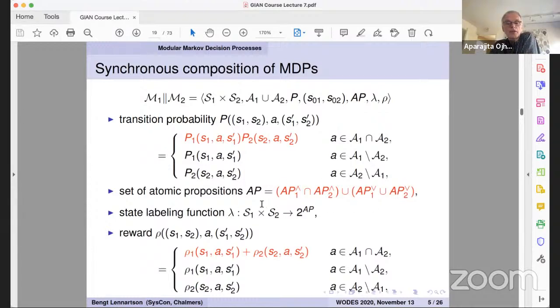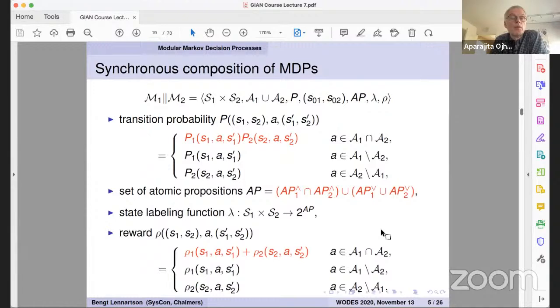Here I've also introduced something quite useful, and I have never seen this in any other place, but it gives some extra burden, but still important, I would say. And that is that for different atomic propositions, you have different expectations on whether you should require them in both models or not. And then I've said before that marked states should be marked in both of the models, in this case both the MDPs,